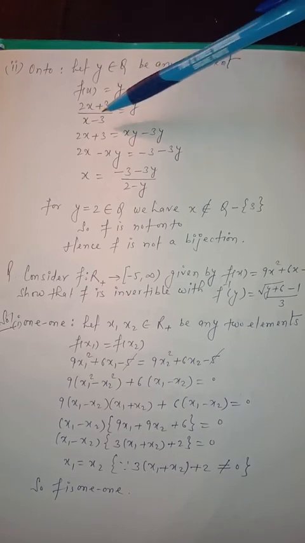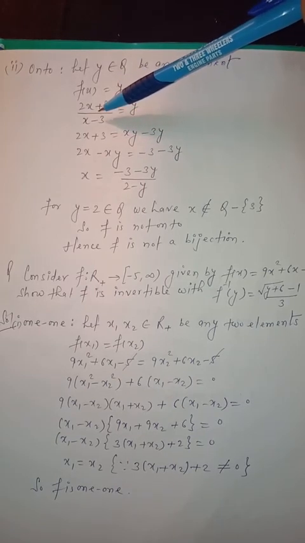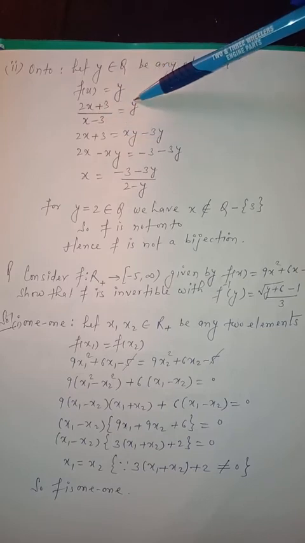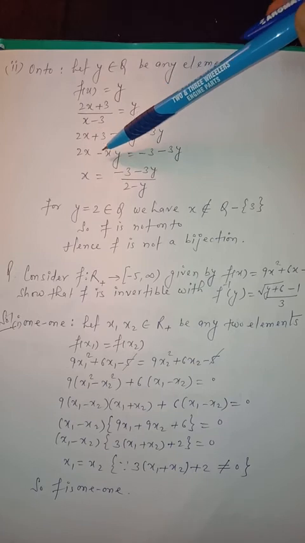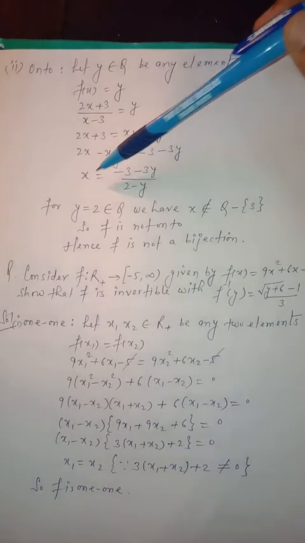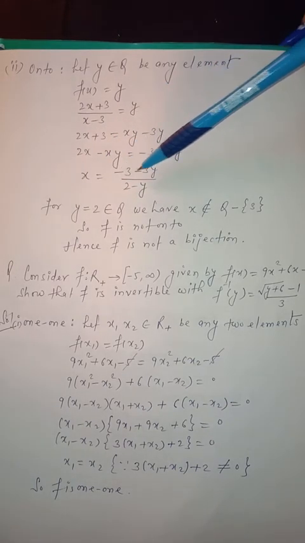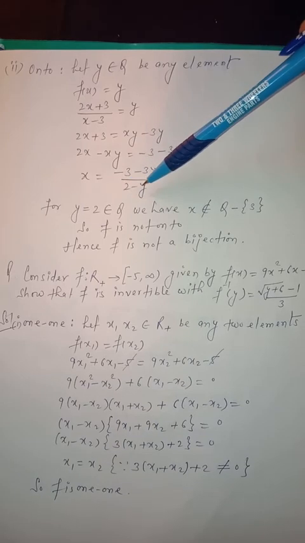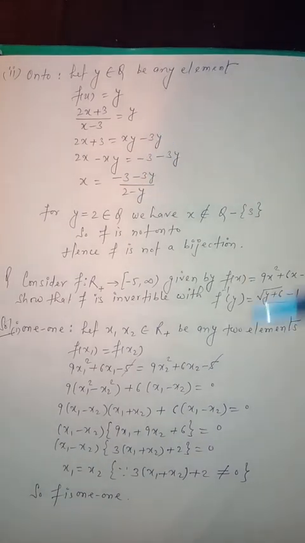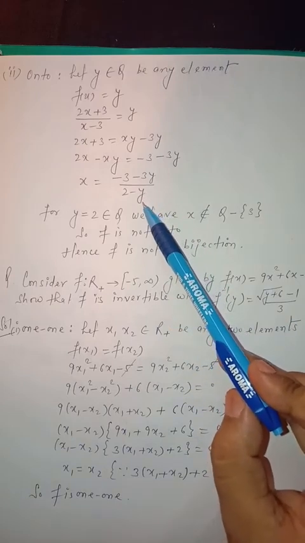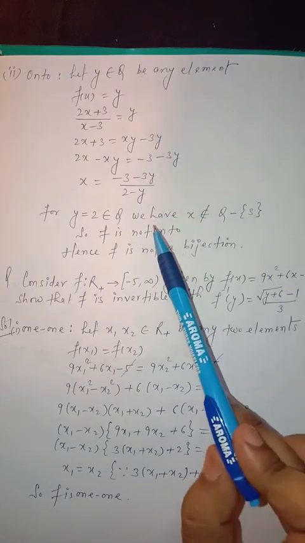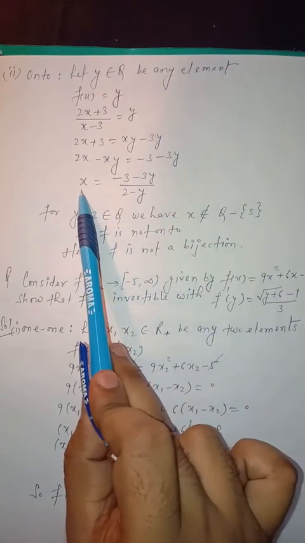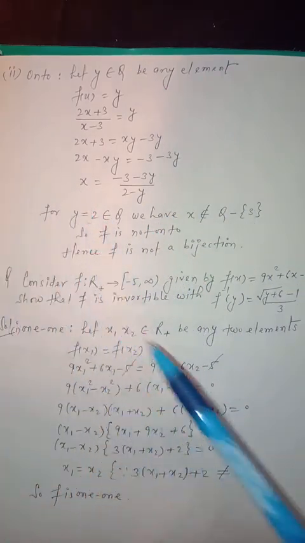Now here y is in terms of x, so next we will write x in terms of y. So cross multiply it, transfer this x to this side, so we will get x is equal to -3y whole upon (2-y). Now again here we have to prove that this y belongs to set B, means this y must belong to set Q, then x will belong to set A, right?